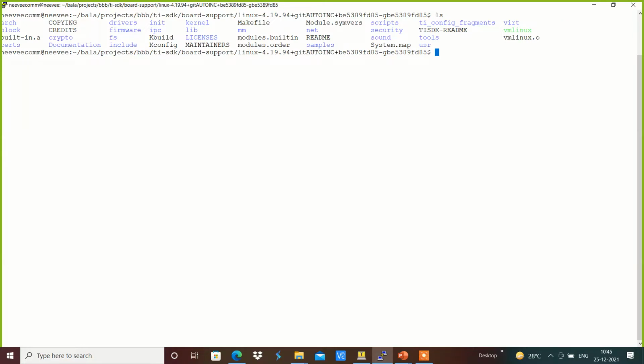Here we have something like arch/arm/boot/dts.